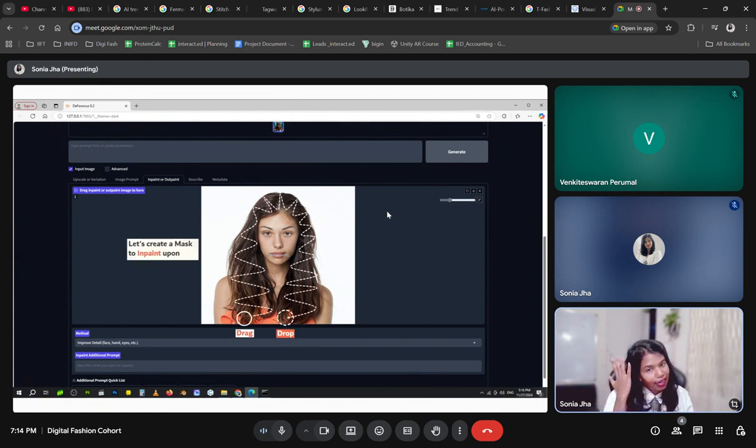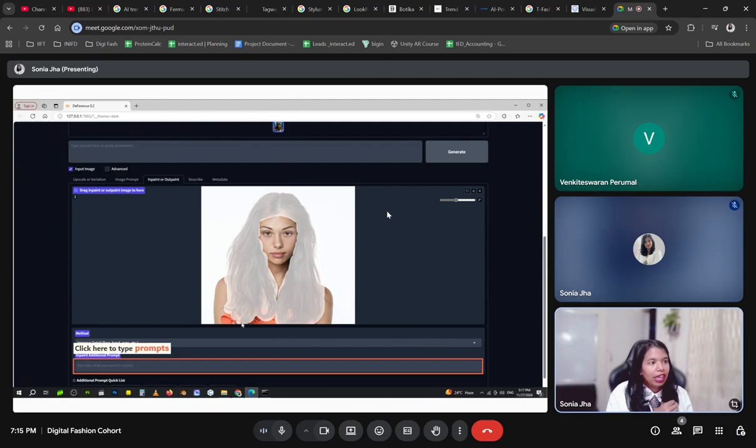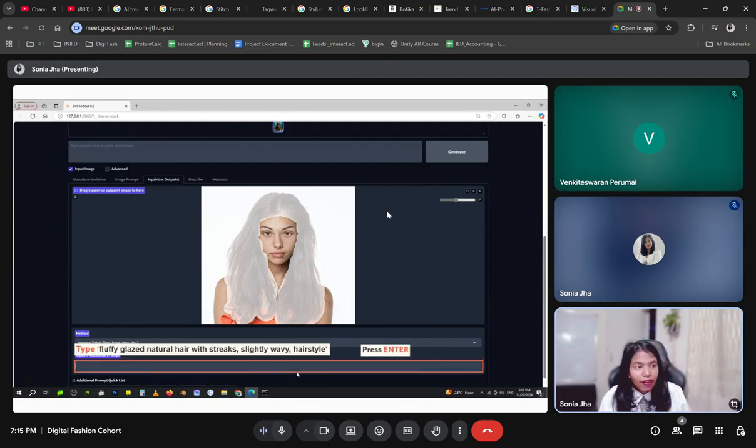Right now I'm trying to change her hair. Her hair is not looking very well combed and it is not a very nice color. So first of all, we will start painting. We have already selected the brush. Once the hair is painted, there is a place for prompts. Here we will type the prompt: we want fluffy glazed natural hair